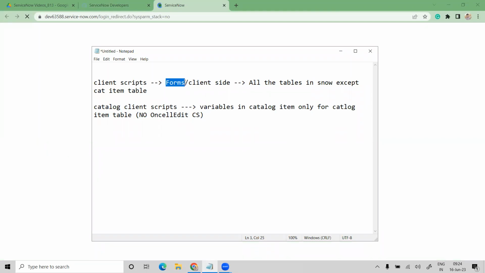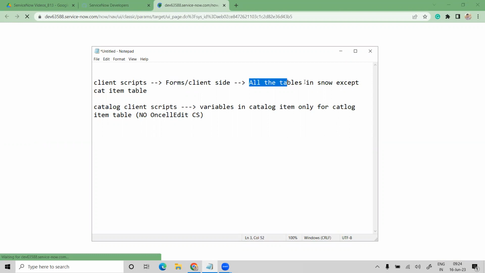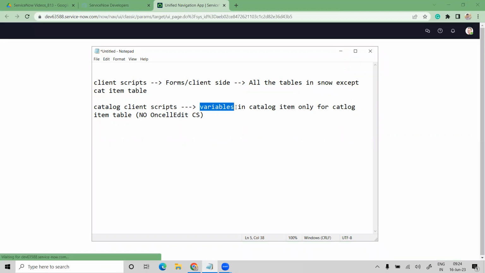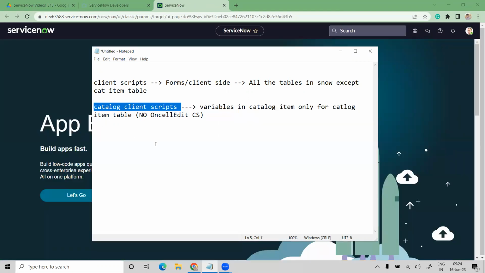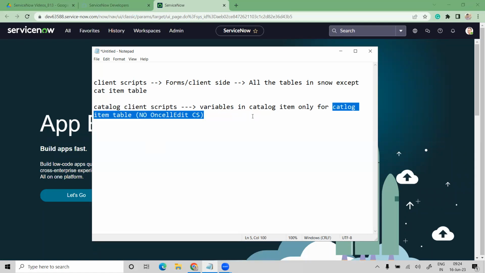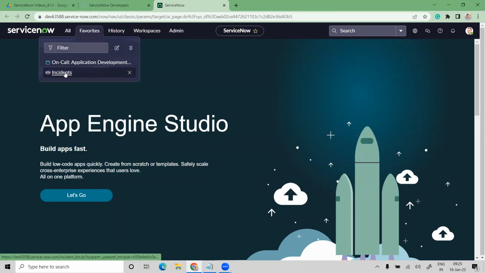Form fields and all the configurations which we have done in all the tables, right? While we are discussing, I have gone through the incident table. We can work with any table. Let's say if I want to make any variable configurations, or variable value configurations, in a catalog item, then I utilize the catalog client script. This works for only one table, which is the catalog item table, and we will not have an onCellEdit client script. Okay, so let me show you if I want to work with general tables,